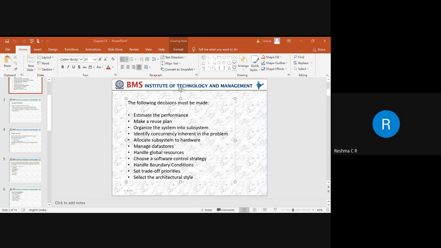All these internal operations will be indicated with the object interaction, how the object is being implemented, depending upon the object implementation we are trying to implement. So all these things will be taken with respect to the algorithm. When you say algorithm for concurrency control, we need to use parallel processing. When we say parallel processing, we need to identify how many threads are there, how to control all the threads into a single thread, and how the threads can be executed. That has to be taken care of.